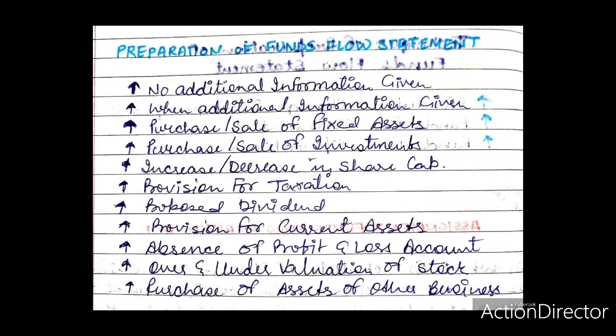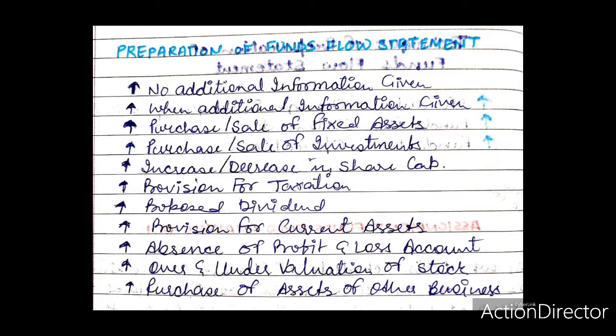Investments in shares or debentures of other companies or subsidiary companies, that is long-term or trade investments, are treated as fixed assets. Any sale of such investment is a source of funds while a purchase represents use of funds. The proper way to analyze these transactions is to prepare an investment account exactly in the same manner as suggested for the fixed assets. Any gain or loss on the sale of such investments must be deducted from or added, as the case may be, to the net profits, since it is a non-cash item.